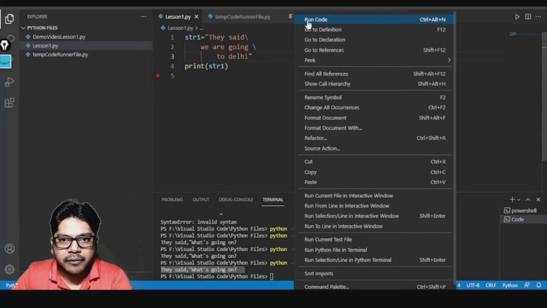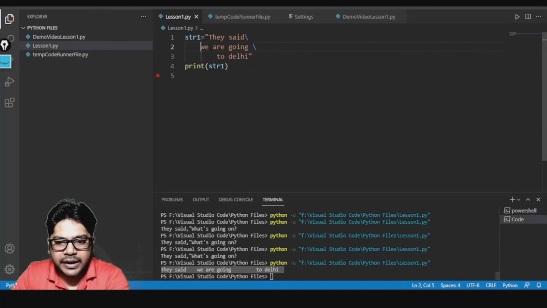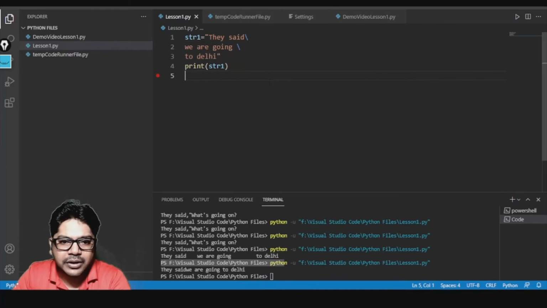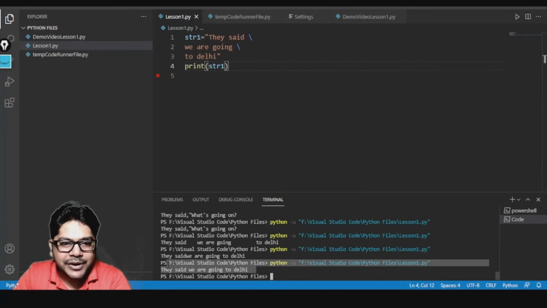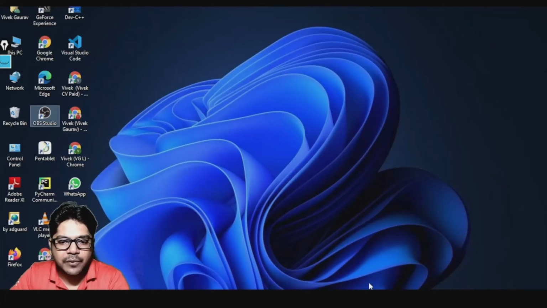Now you see when I run the code, it said we are going to Delhi. Can you see that? If I remove this unwanted space, the indentation, and run this, everything is going to come in a single line. It said we are going to Delhi. Can you see that? And if I put a space here properly, then it is going to give a space. It ignored the newline, right? It ignores the newline.